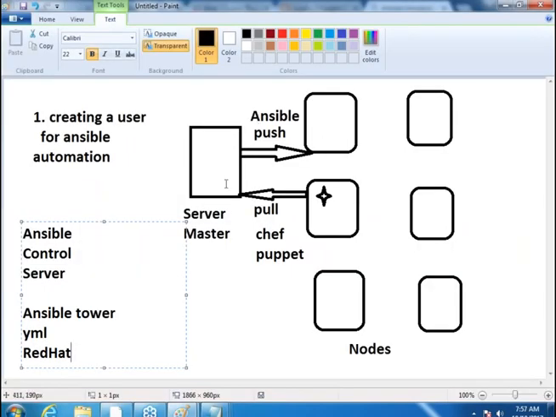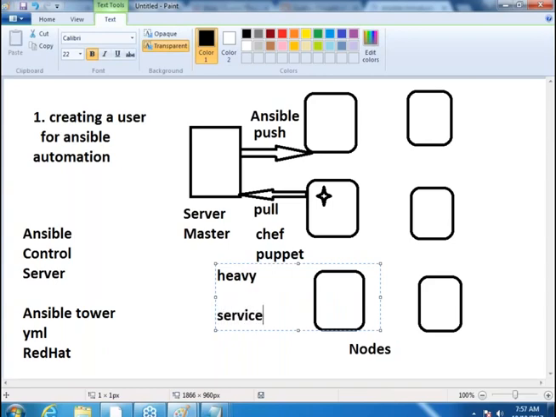Fine. Here when I say server, in case of Chef or Puppet, this server needs to be a very heavy server. When I say heavy server, it means that it should have a decent amount of RAM, because there will be loads and loads of software working on it. And there will be services. All of your server components in the pull model should be services. There will be a database server, message queue server. It would be a very large infra.